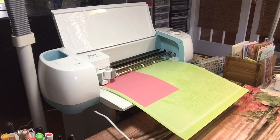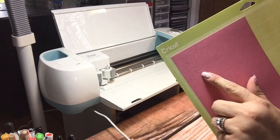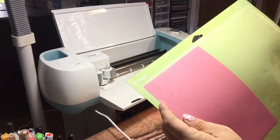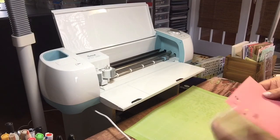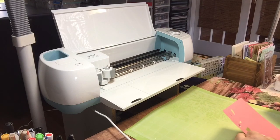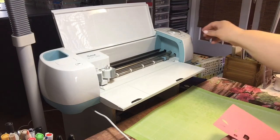There are occasions too when you've cut something and you'll notice that it doesn't come through all the way. It shows you that it's cut maybe. Like you can see the lines where it's cut. Hopefully you can see that on here, but you can't peel it off because it didn't cut all the way through. I'm not sure that it did it on this one, but I'm just thinking that no, it didn't. But sometimes your thicker cardstock, and this is a thicker piece of cardstock, it won't cut all the way through the same way that it will with the other pieces of cardstock. And if that happens, just cut it again, but